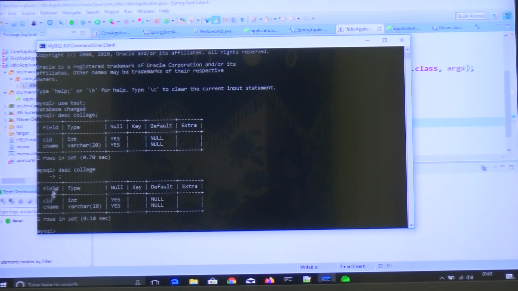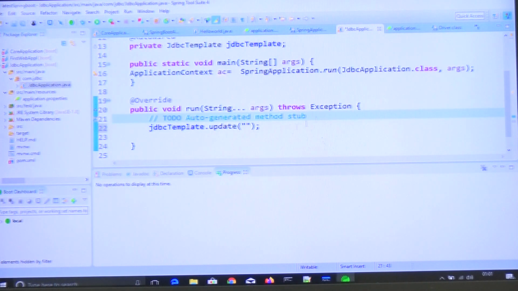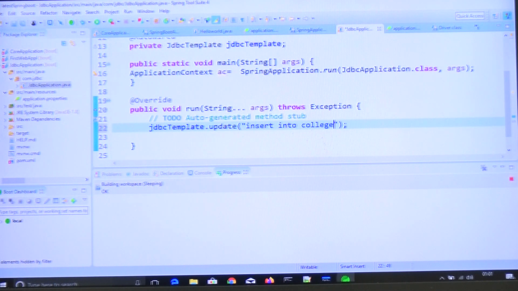So I want to insert the data to the college. How to insert the data to the college? Using an insert command. How are we going to write? Insert into college values. What is the CID? For example, college ID is some 12 comma, the college name is Harsha College, for example, Harsha College.